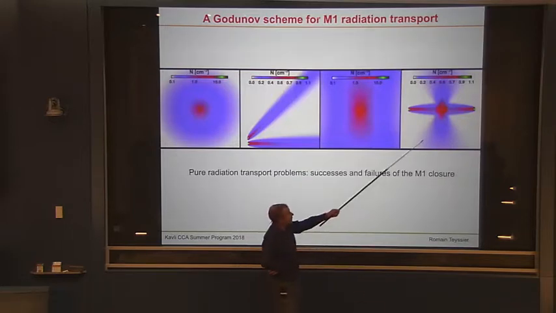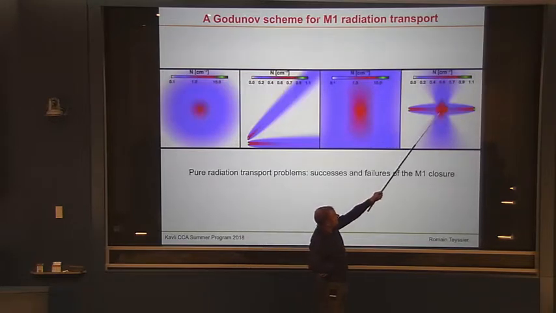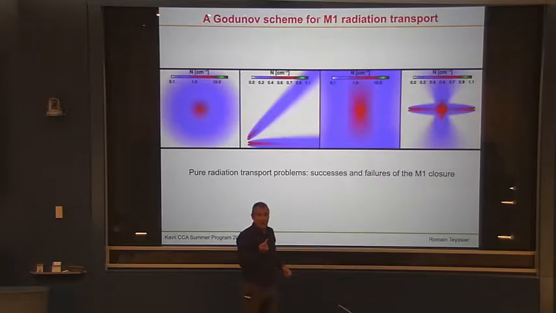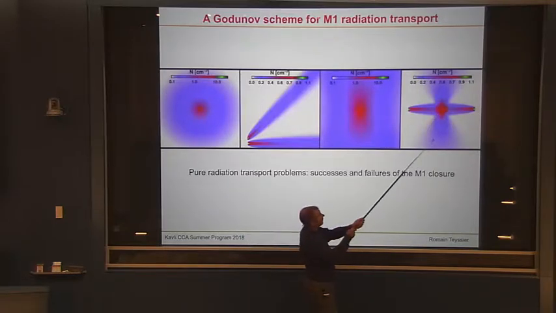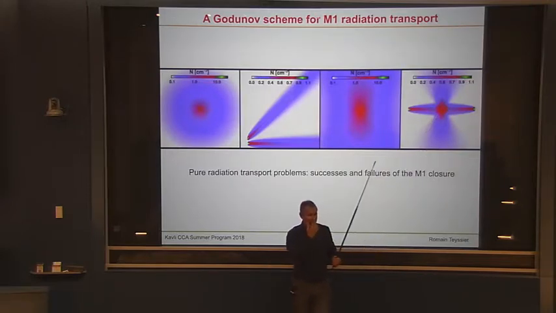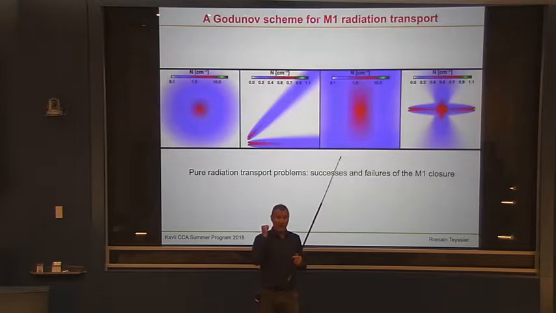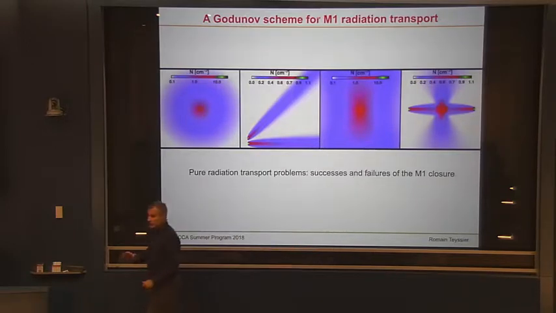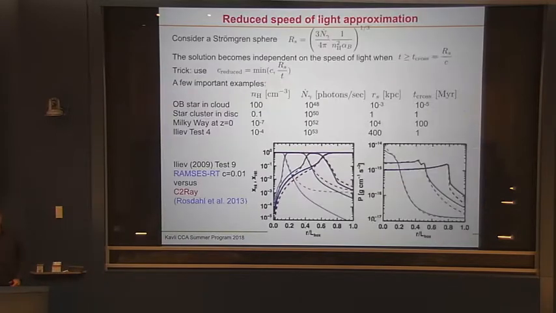And why is that? Because when you sit here, the M1 closure allows you only to have one direction, not two. And here, in order for this to work, you should have the possibility to describe your angular distribution with two sources, one here and one there. But you can't, you have only one direction. So you try to fit this and you fit in the middle, right? And that's why you get this, right? So the M1 closure is good, but not perfect, right? So that's a very important point to keep in mind.